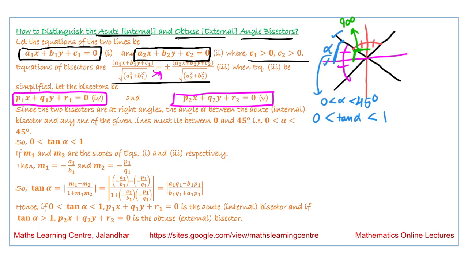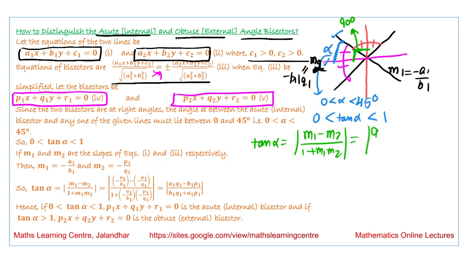Now the slopes corresponding to the equations: this equation has slope m1, and this equation has slope m2. From these equations, the slope of this line m1 will be minus a1 by b1, and the slope of this line m2 will be minus p1 by q1. So the value of tan alpha is equal to mod of m1 minus m2 over 1 plus m1 m2,